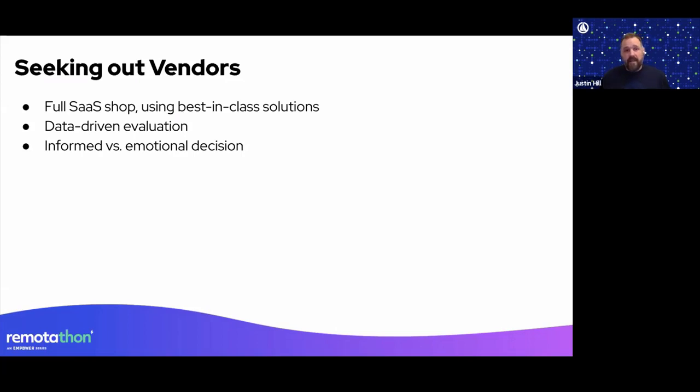And then the main thing was wanting to have a data-driven approach. What we found with these business units going out and evaluating by themselves was they were making a lot of emotional decisions. They'd be making decisions based on who they knew within their network and who could promise the right thing, but they weren't really making decisions based on data, based on strong requirements and seeing how those apps lined up with their requirements. So we wanted to remove that problem from the equation and start being a third party in this process to make sure that the businesses were getting the right things that they needed. And so this new approach really showed some value to the organization,